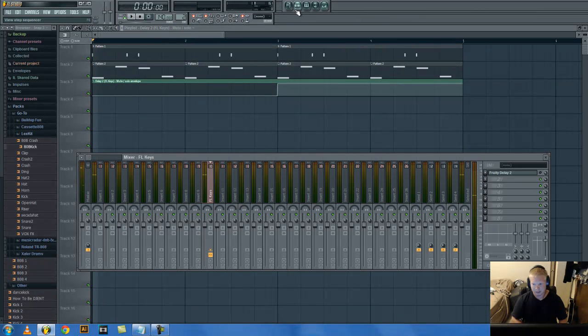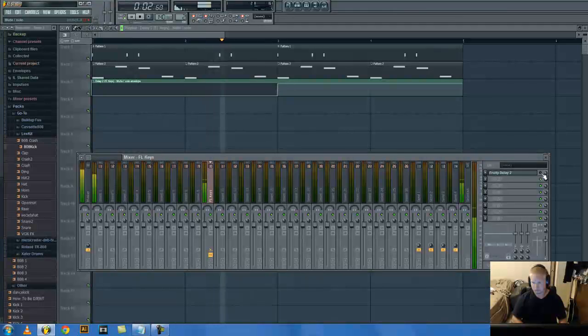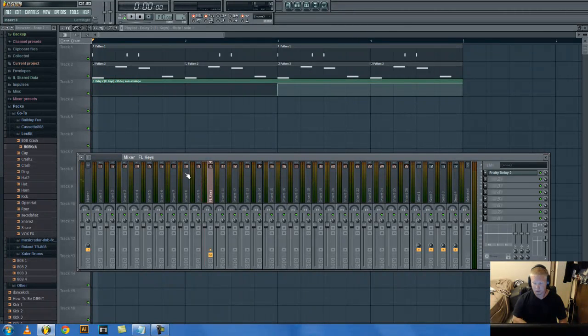Yeah, it sounds bad, but that's not the point. You see it right here. And you could do that with volume, like a curve, or you can mess with the panning like that. That's how you make automation clips. And then